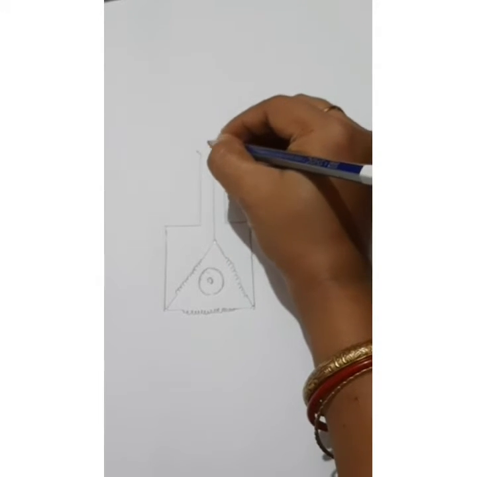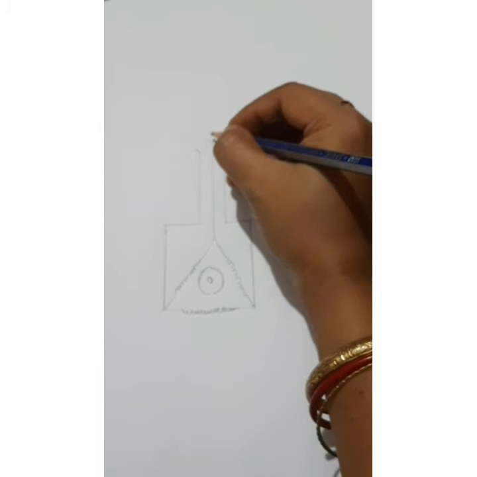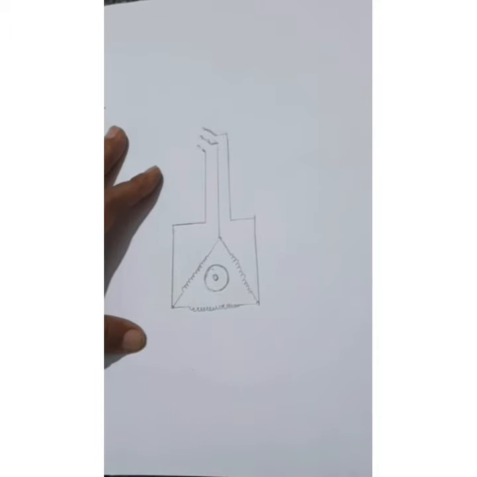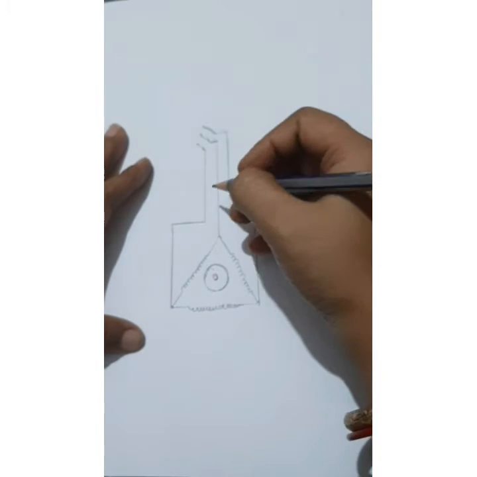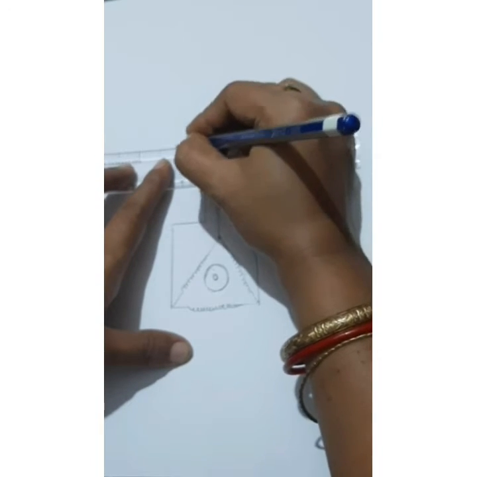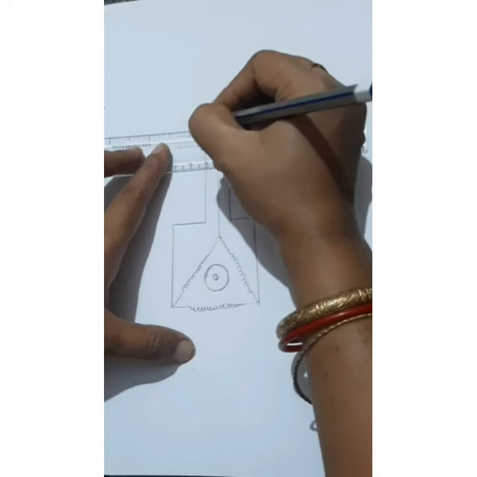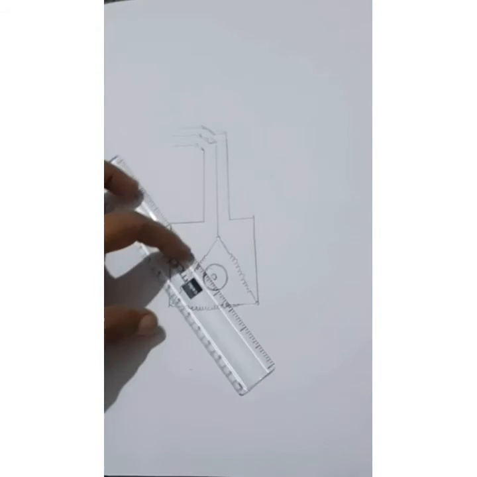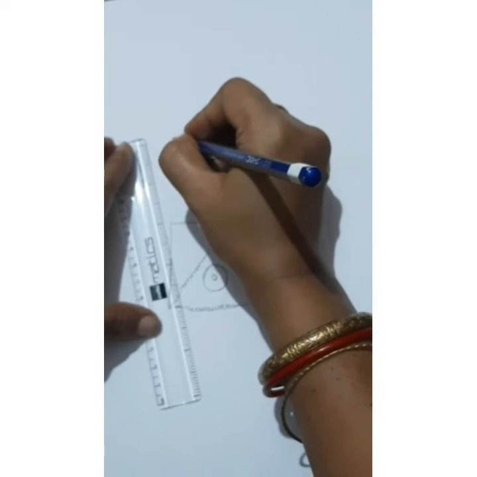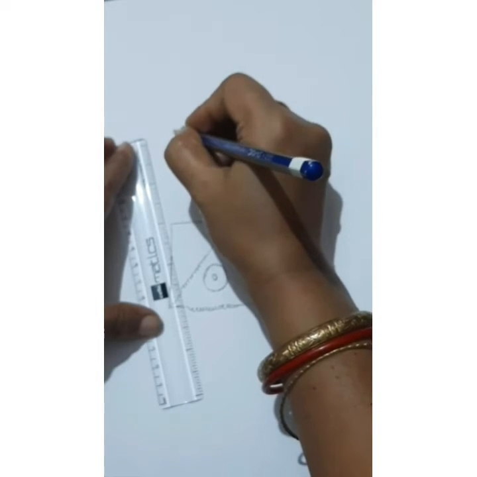Next, I am going to draw the switch which has to be connected with the starter, which is used to establish contact between the lines and the starter. These are the three points of the switch. Next, we are establishing the contact. Here the switch is in off position. If we use the start button, push button you can say, then it makes contact and the circuit works.